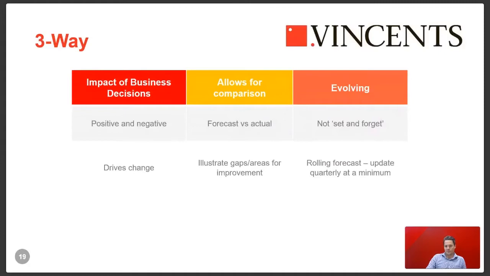As with the other two reports, again, guys, I'm going on again about the evolving. It's not a set and forget process. These should be maintained and updated at least quarterly. So we generally like to use what's called a rolling quarterly forecast. This is to account for things such as a contraction in size or expansion in size, or unexpected growth, and how that's going to impact your